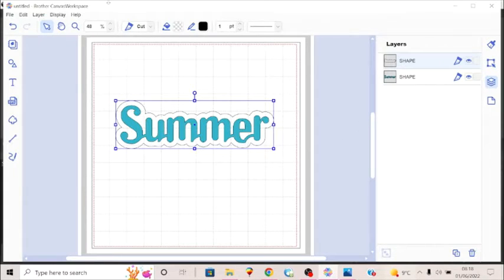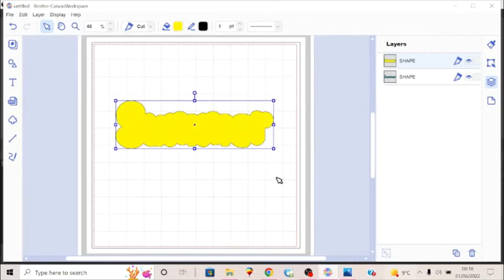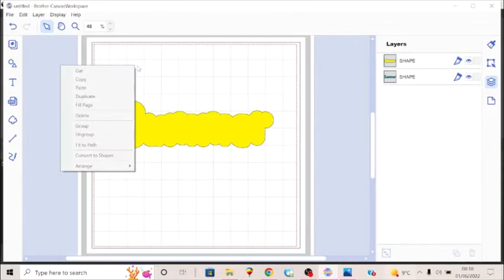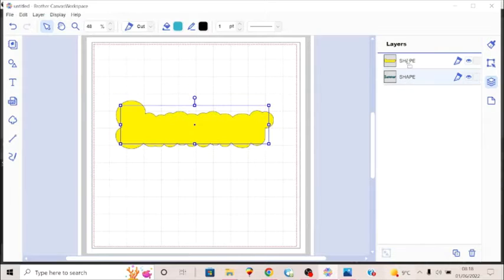If you take a look in the layers, you'll see here that summer is on the bottom. So if we were to give this some color now, let's give it a bright yellow, you'll see that it's on top. To move it, you could use your layers function, or up here along the top, or you can actually right click and move it. But if we just move that down here like this by grabbing it, and you see this blue line, as you start to move that down,